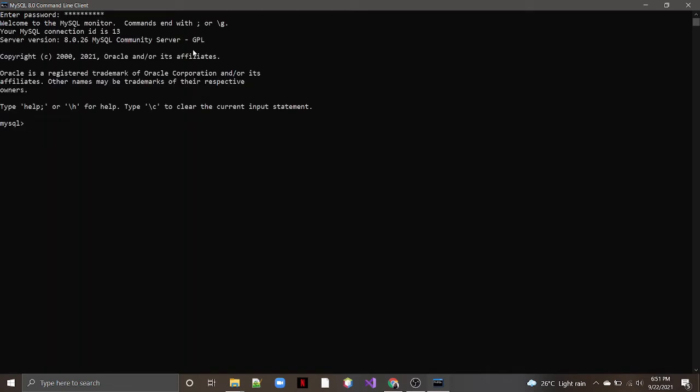So let's maximize the screen so everyone can see what I am typing. Here we will enter our password to access the MySQL. Now that we have the access, we will now create the database named sales. After that, we need to get inside the database to create the tables along with the fields and its data